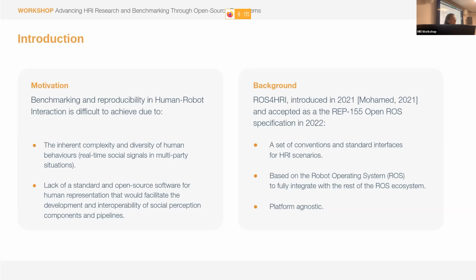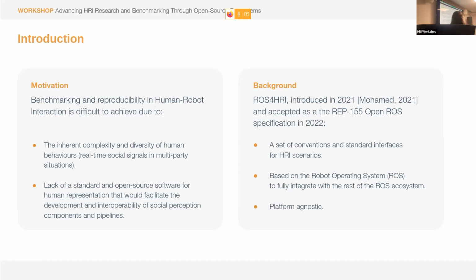Basically, it's a framework, a set of conventions defining these interfaces, and it's thought for human-robot interaction scenarios. So it's very focused on the human in the loop, on human perception for now, through different modalities.